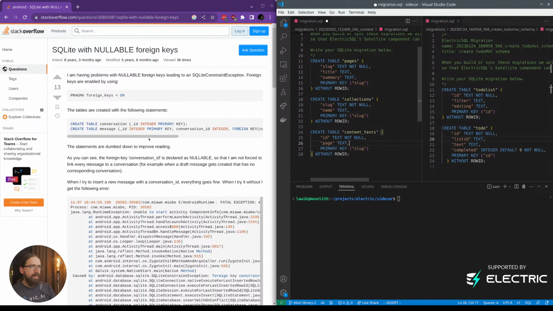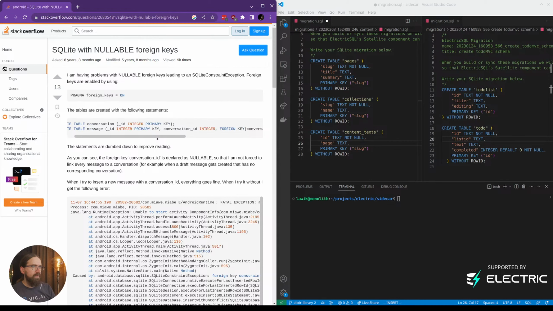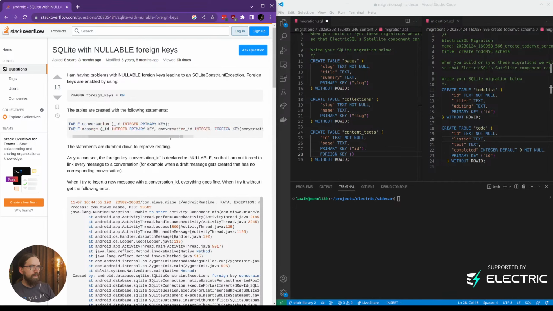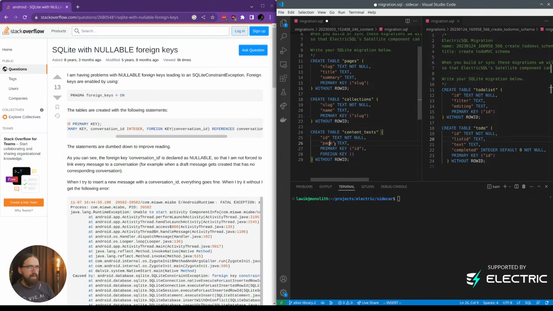But then conversation ID, yeah, so I can do that later, I think. Primary key ID, foreign key, well, let's do page slug. Page slug references